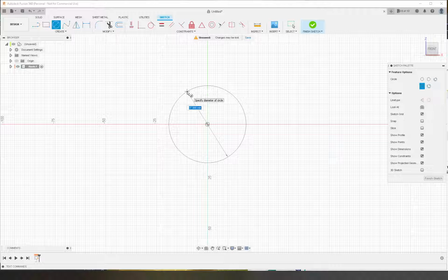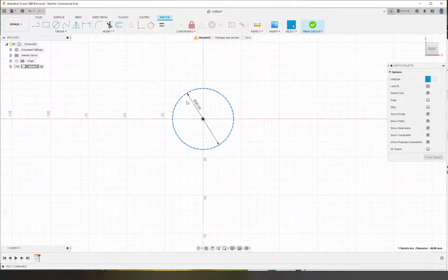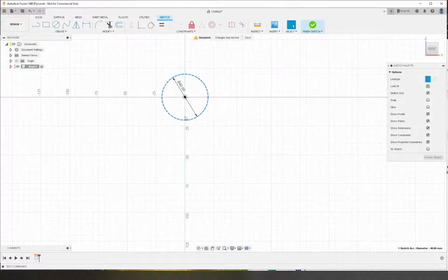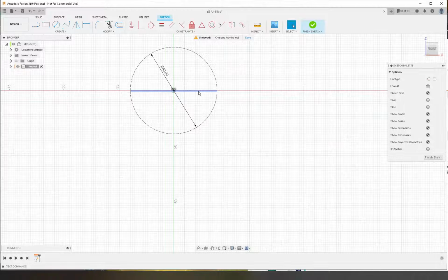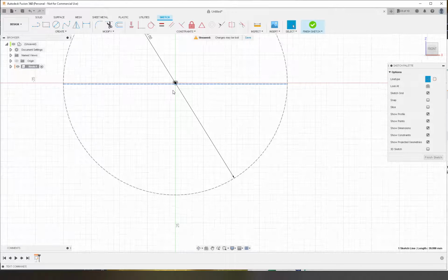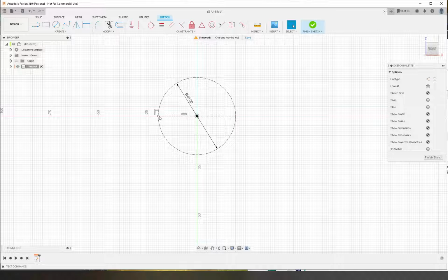Or maybe not. We'll see. Let's see how it goes. The hook, we wanted a 40 millimeter diameter. Why didn't that? Okay. I'm just going to have it start there, and I'm going to have it come over and